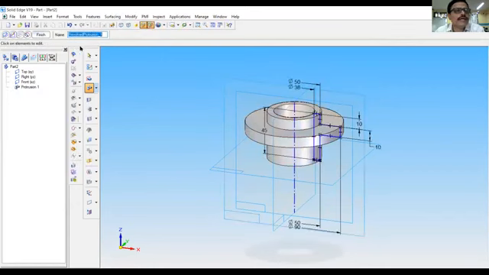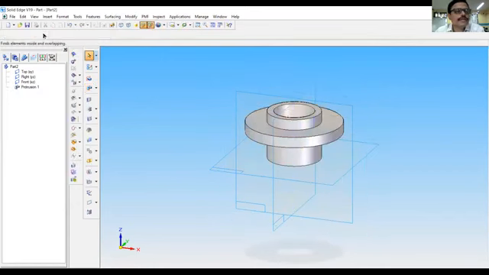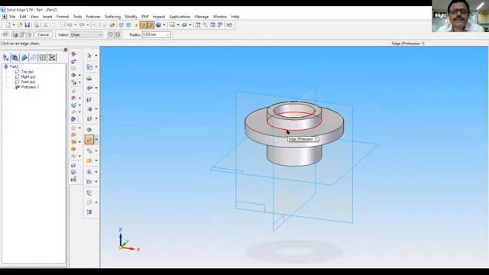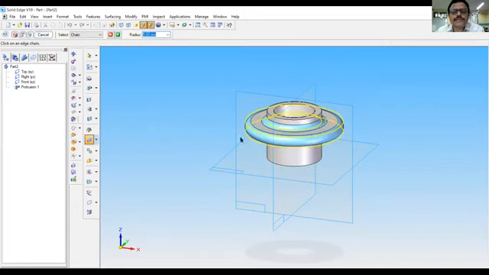Then revolve by 360-degree option. Finish. Cancel. Now go to round option. Radius is 5 mm. Choose the surfaces. This surface and this surface. So accept these parameters. This is the second part, that is nut.